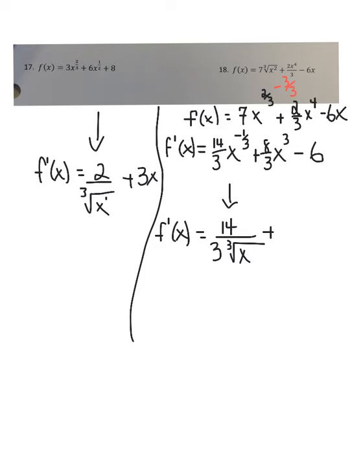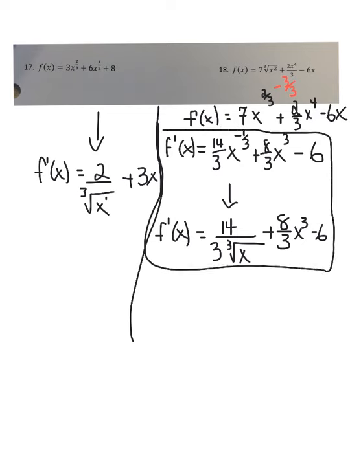And everything else you can pretty much leave as is. So 8/3 x cubed minus 6. Okay, so both of these answers are acceptable, but you're really going to need to know how to do that